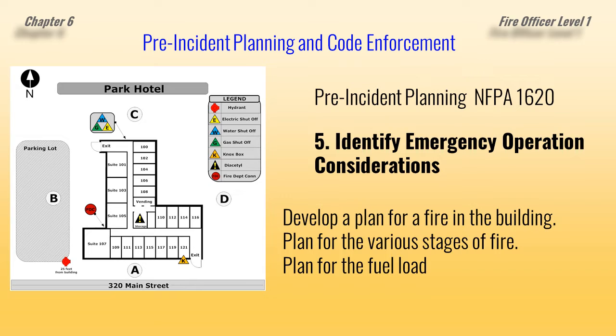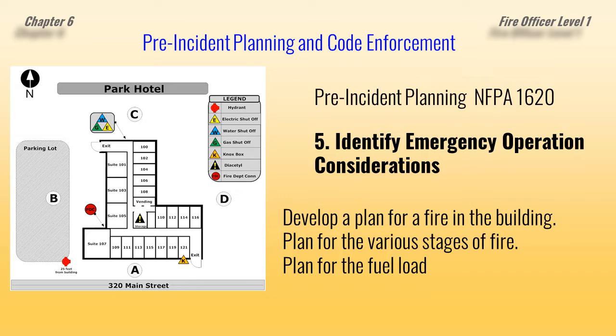Versus hooking up to a standpipe on the end of the hallway and then realizing the room where the fire is is on the other end of the building, and now we either have to move to a different standpipe or bring in more hose and extend the line to get down to where the fire is. So develop a plan for a fire in these buildings, and again,